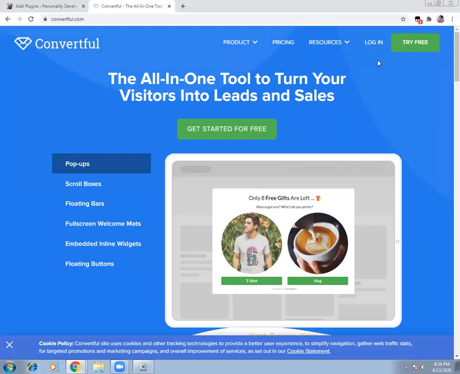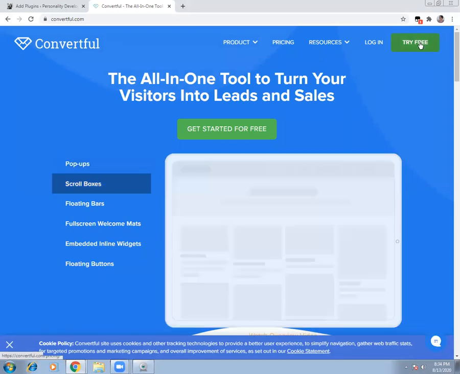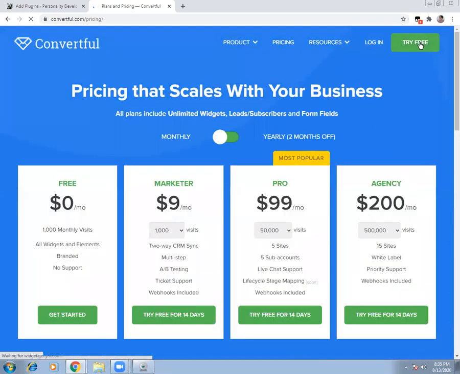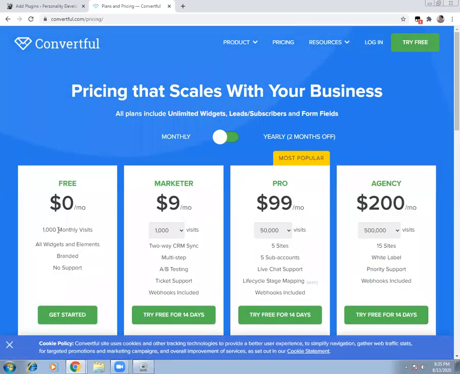When you say try free, it's like a sign up. You sign up with your details and choose the free plan. In the free plan, you get 1,000 monthly visits and access to a lot of widgets and elements, but it is branded, and you don't get any customer support.